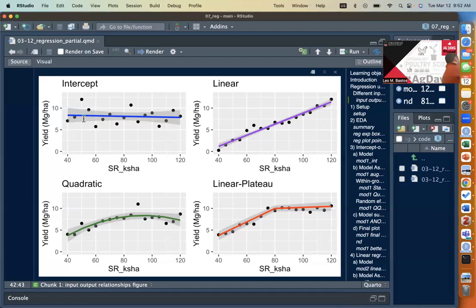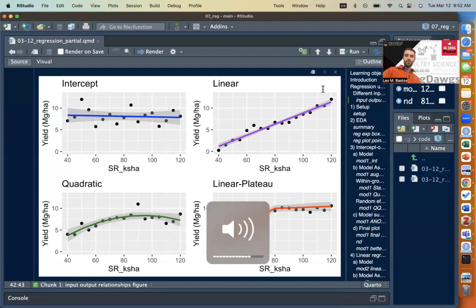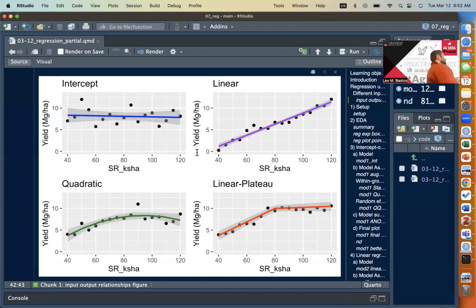All right, let's move on to the linear case. So the linear, well, what is happening here? If someone else that hasn't helped me yet can help me interpret this next plot here. Yes, so Benita said, as we increase seeding rate, we're increasing yields. So this,